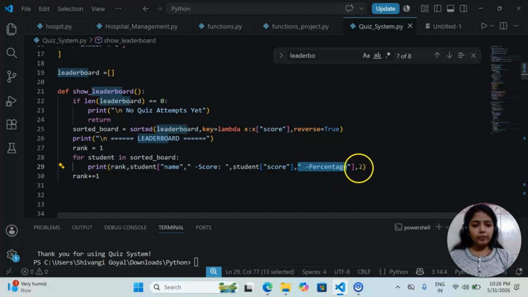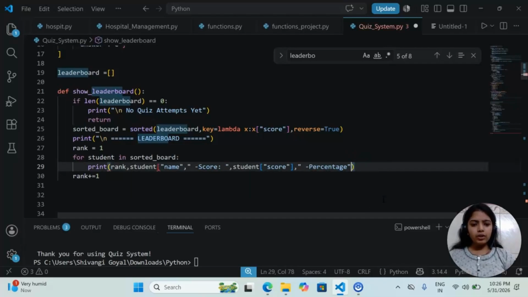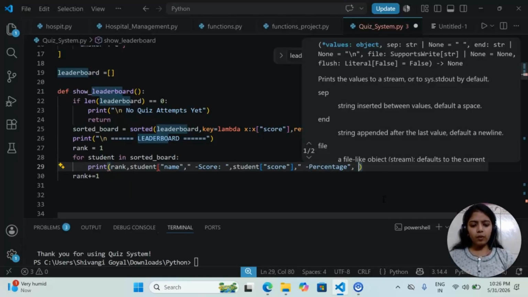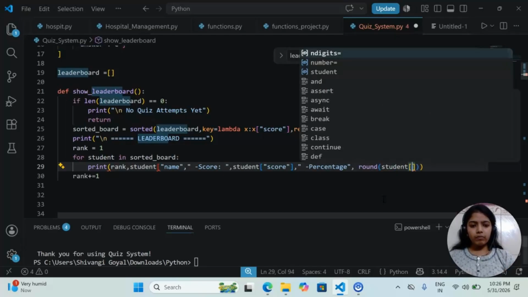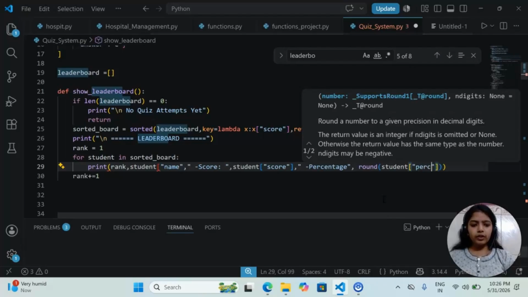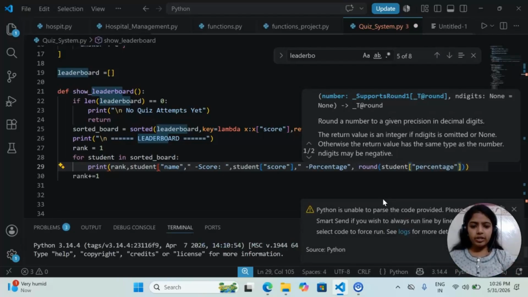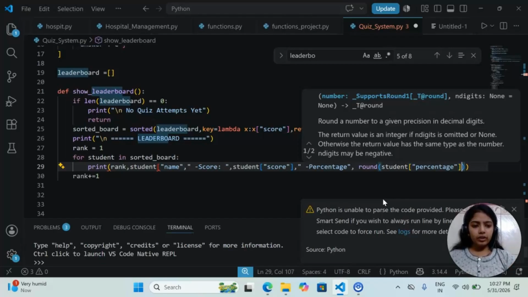So for that, we have to take first a string, comma, round of student of percentage, student of percentage, and then we will say 2